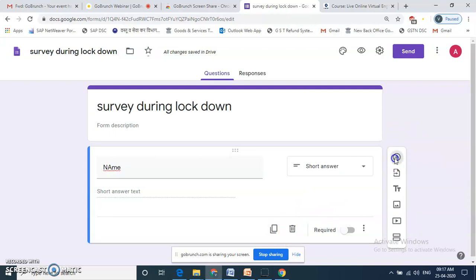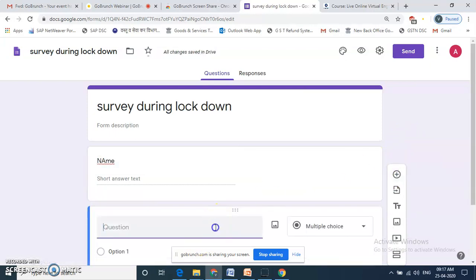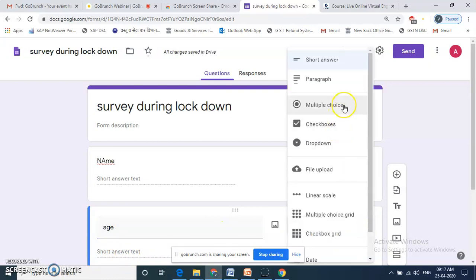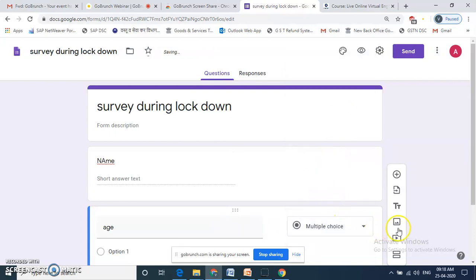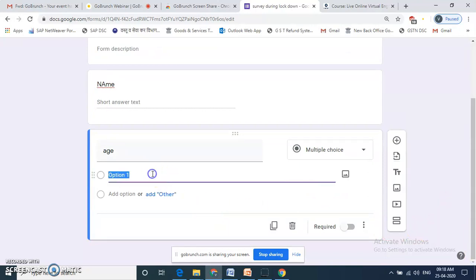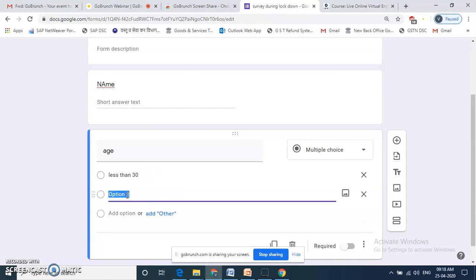Now suppose the next question is age of the respondent. For the age, suppose you want to give different options, so I can choose the multiple choice question for this particular question, and I may give the options like age is less than say 30, depending on my interest in the survey, or it is greater than 30.